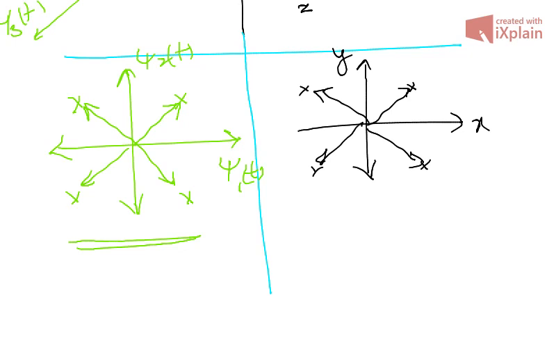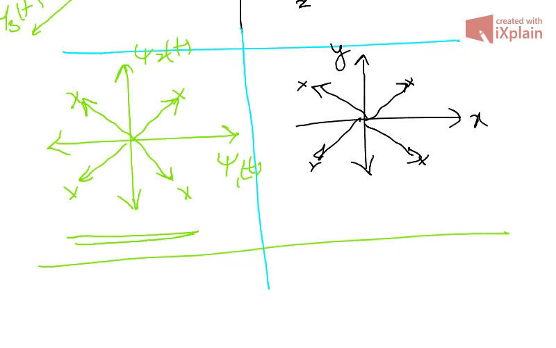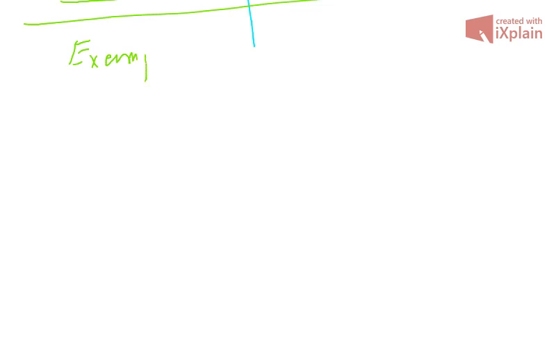But I leave that discussion for later lectures. So let me give you an example of this signal space. Suppose